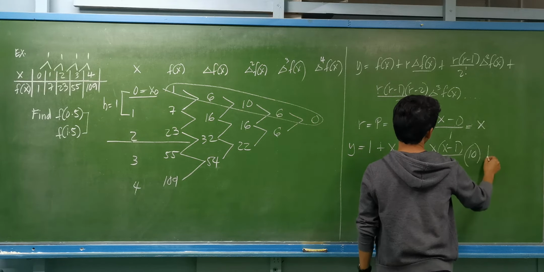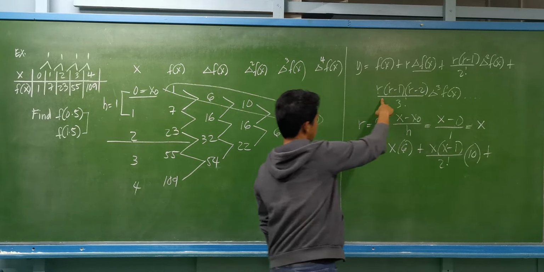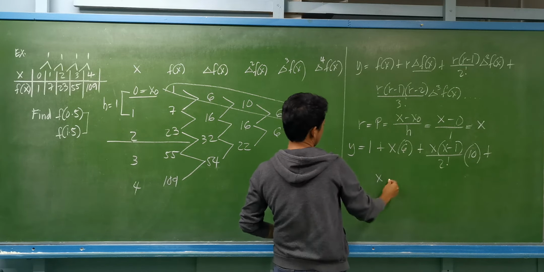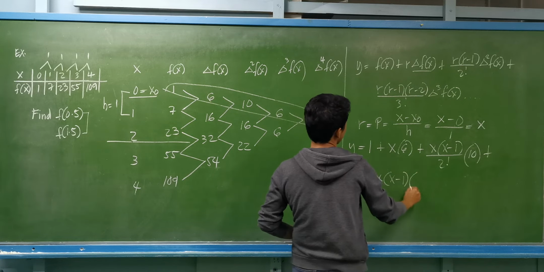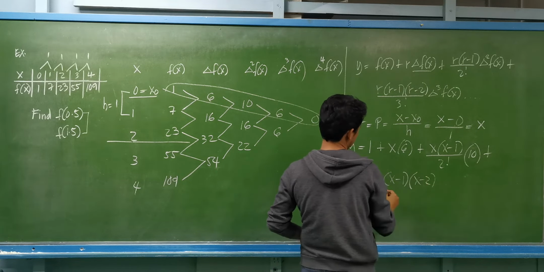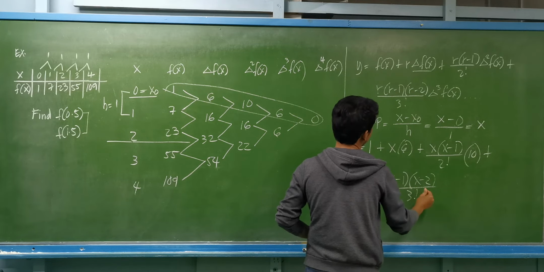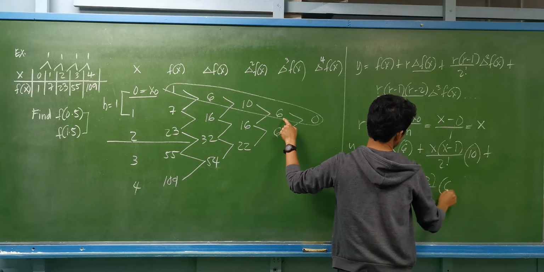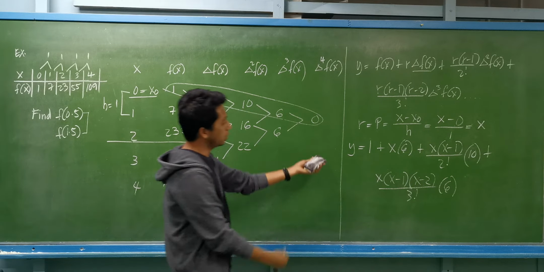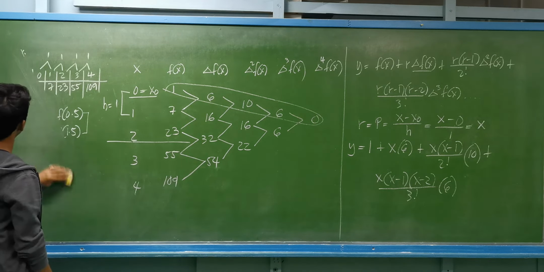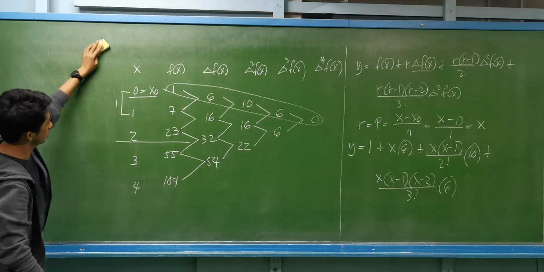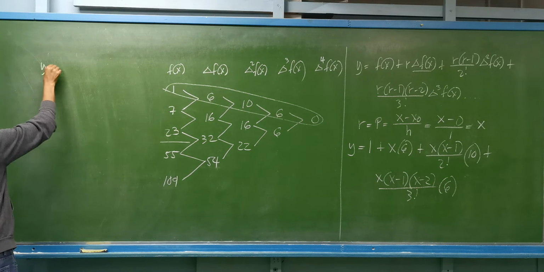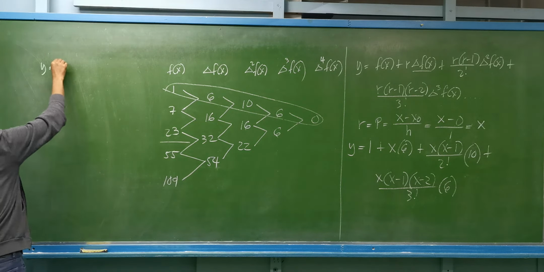Plus the next term, this is r. What is the value of r? That is the same as x times x minus 1 multiplied by x minus 2 divided by 3 factorial delta cube f of x. That is the same as 6. Then we are just to simplify. We simplify that one. We have now y is equal to 1 plus